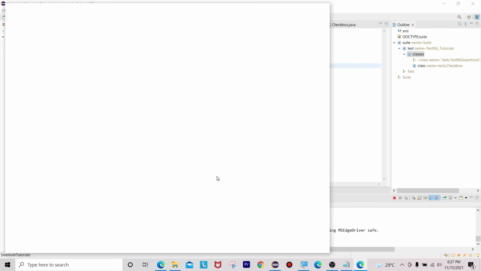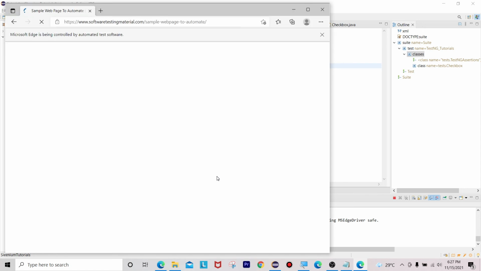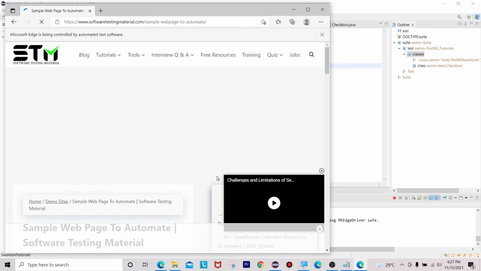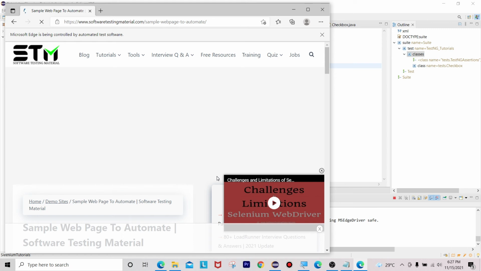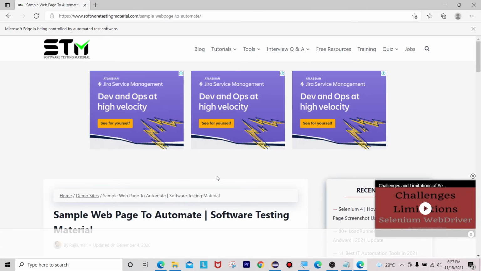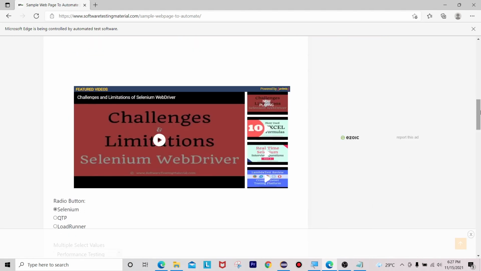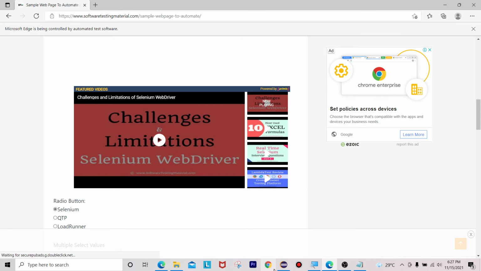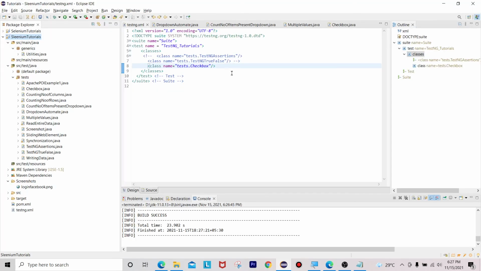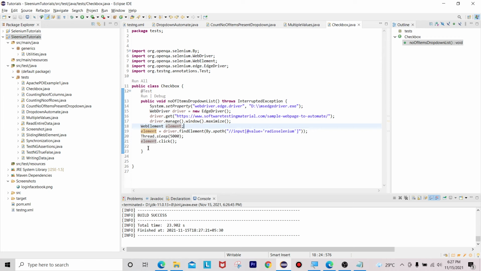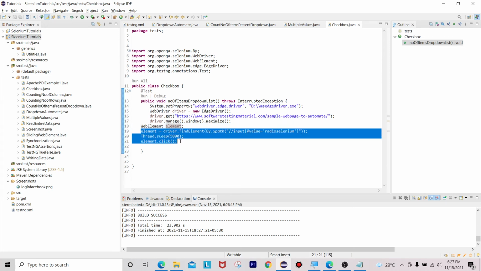We can also read all the radio buttons present inside that web page, and check whether a particular radio button is available or not. You can see here it went and clicked on that Selenium radio button. In the same way we can click on all our radio buttons.